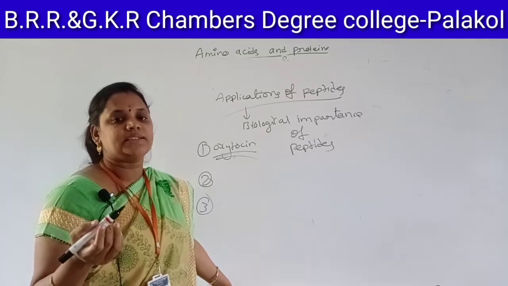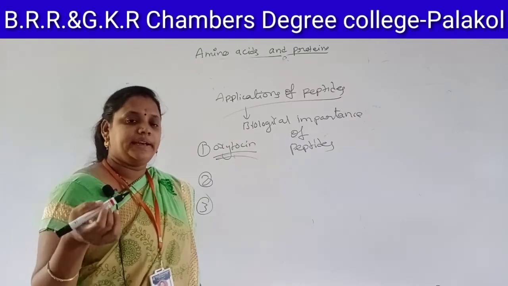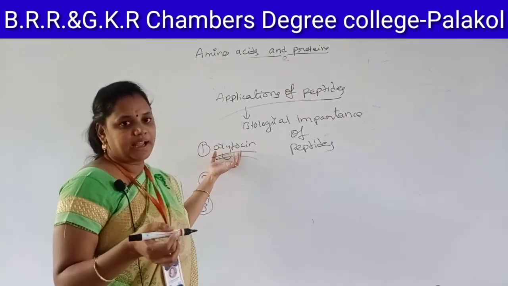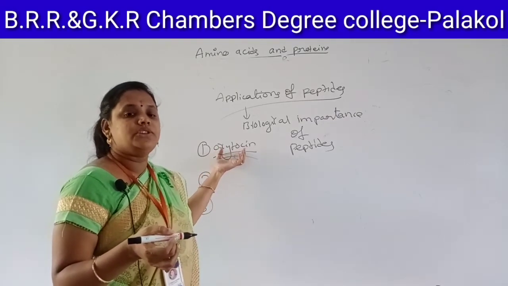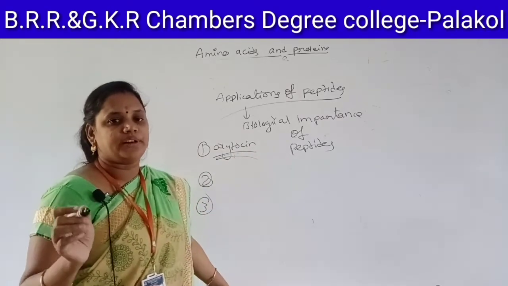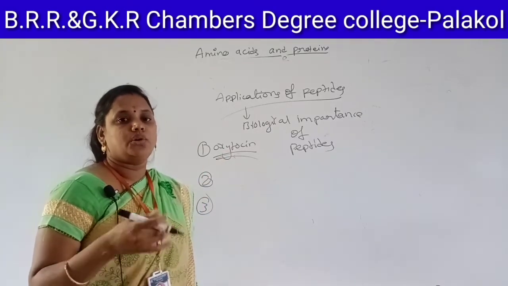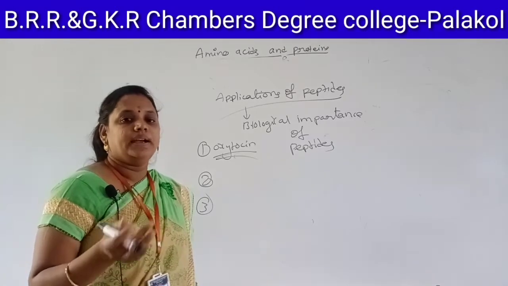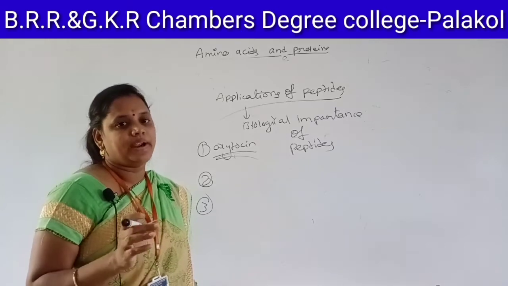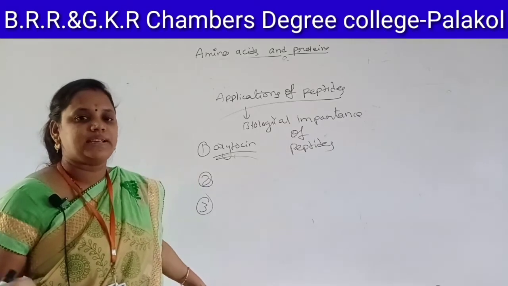I mean, it is not released. We should use in biology the word secreted. It is secreted by the pituitary glands. What is the use of this peptide hormone? It is a peptide hormone. It is used to contract the uterus after childbirth. After the childbirth, the uterus is contracted with the help of this oxytocin. Not only this, it also does one more favor for mankind, that is, it provides lactation to mammary glands. So, it contracts the uterus and provides lactation.